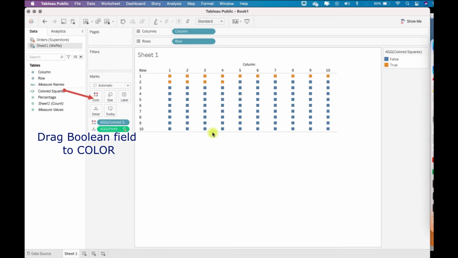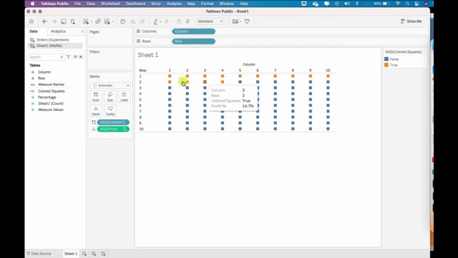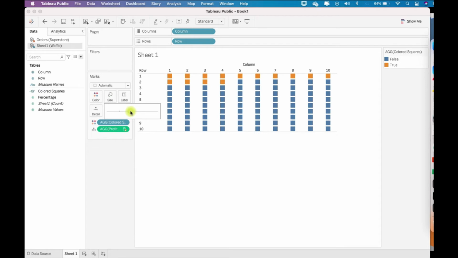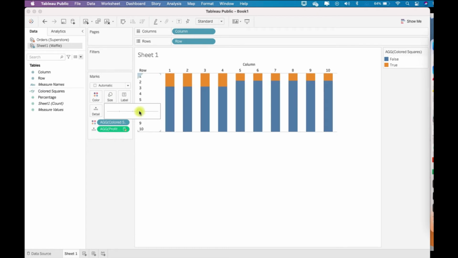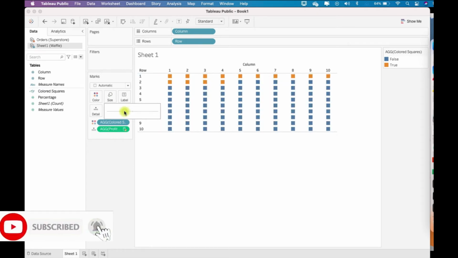You see now that because of this Boolean condition, only those boxes are colored differently where we have conditions satisfying what is specified in the calculated field. But to adjust this chart as a waffle chart, this size option doesn't work.